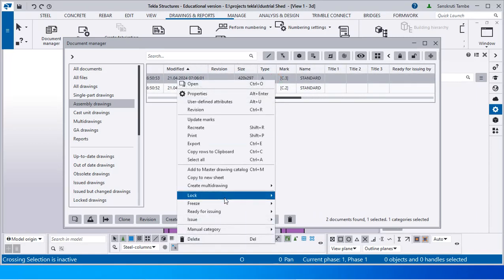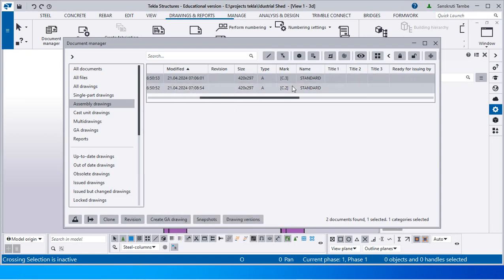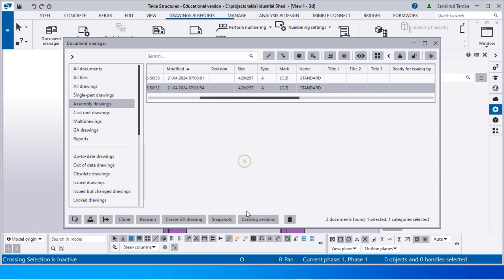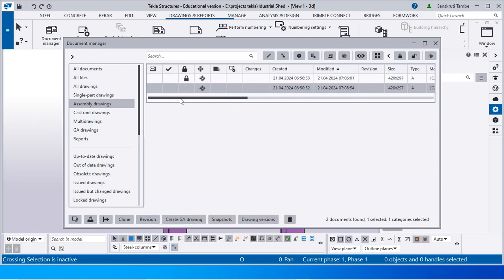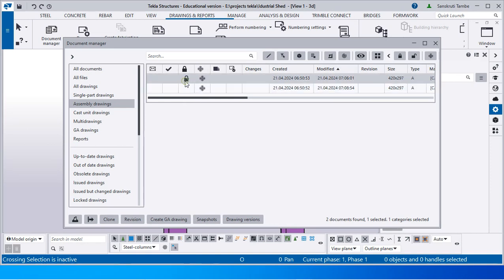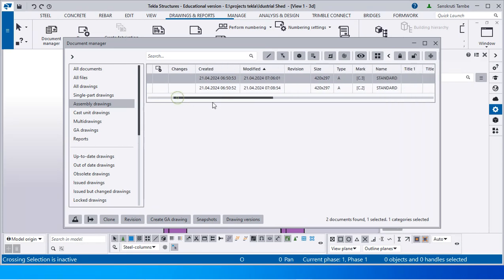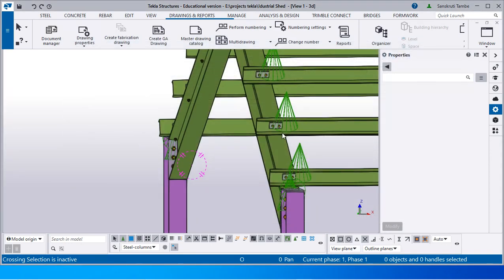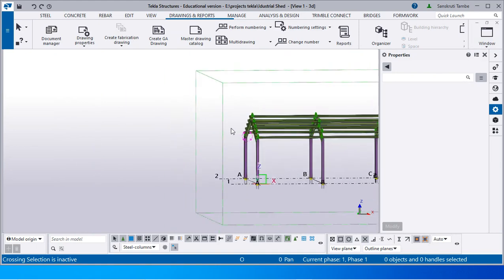Okay, we'll just freeze this lock. Then similarly freeze this one. So now these drawings are frozen. All the symbols are shown over here, which means if any part gets deleted or any changes are done in our original model, these are not changed in these drawings. Okay, now once we're done with this, next